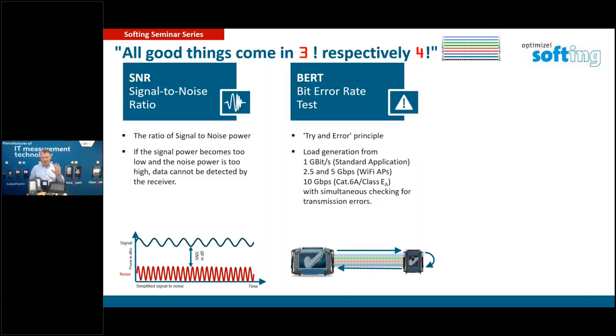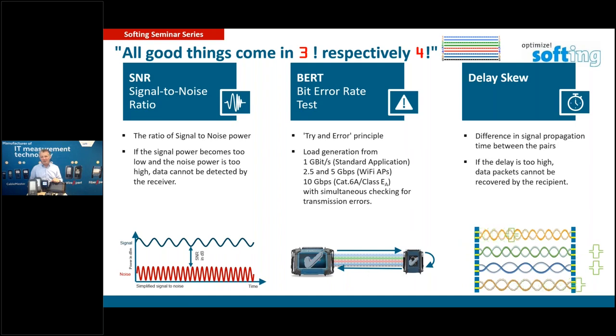And the third, fourth test in this one is delay skew. Years ago, we were using 100 megabit Ethernet. 100 megabit Ethernet uses 2 pairs, pins 1, 2 and 3, 6 for the connection. As we started with 1 gigabit transmission, we started to use all 4 pairs for the transmission. That means we do not transmit 1 gig over one pair. We transmit 250, 250, 250, 250, so 4 times 250 megabit via the cable. And